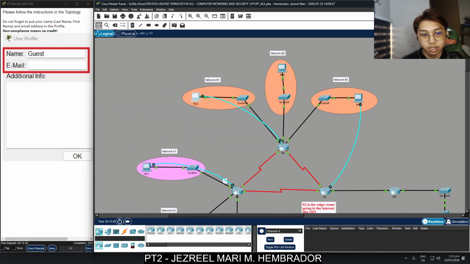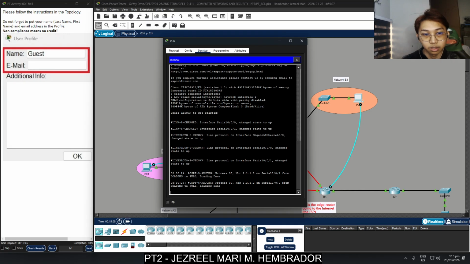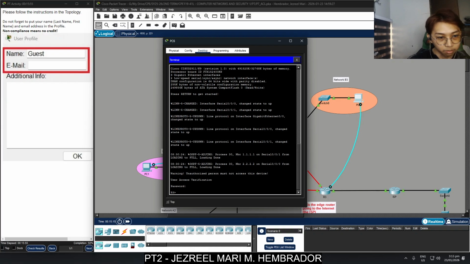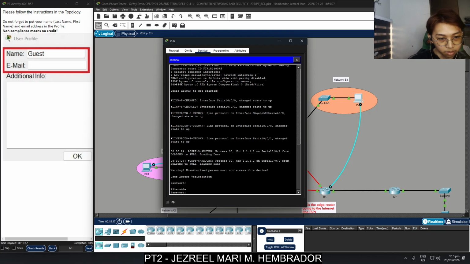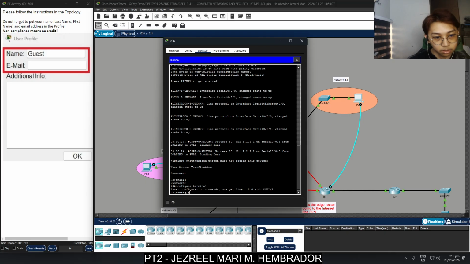To access R3, we need to go to PC6, Desktop, then Terminal, then OK, and then enable, and then configure terminal.